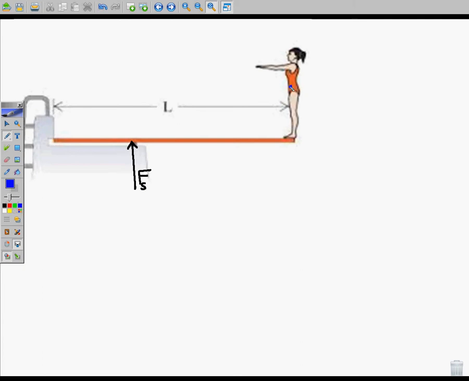So, let's say she weighs about 120 pounds. That would be roughly 480 newtons, correct? So Fg of the diver is 480 newtons. And let's say the diving board itself weighs,